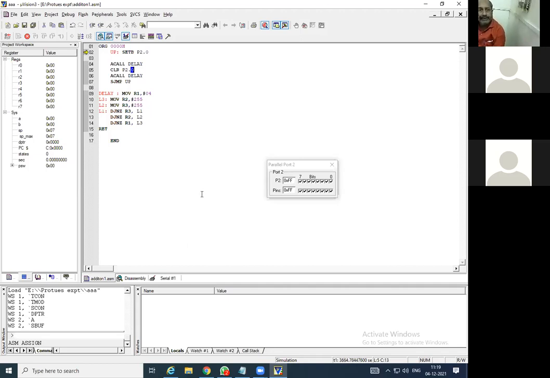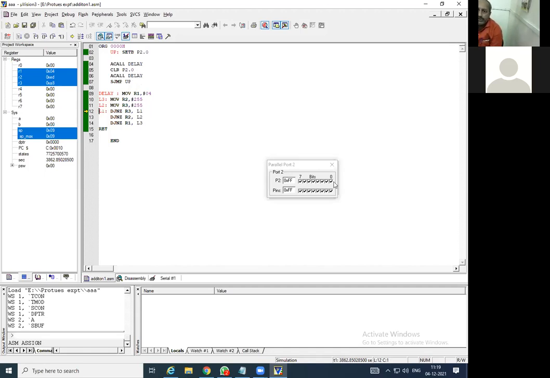Okay, so here you can observe only one bit is going on and off. Now what we will do, we will stop this particular program and make a little change over here. Instead of the first bit P2.0, we will write P2.5.